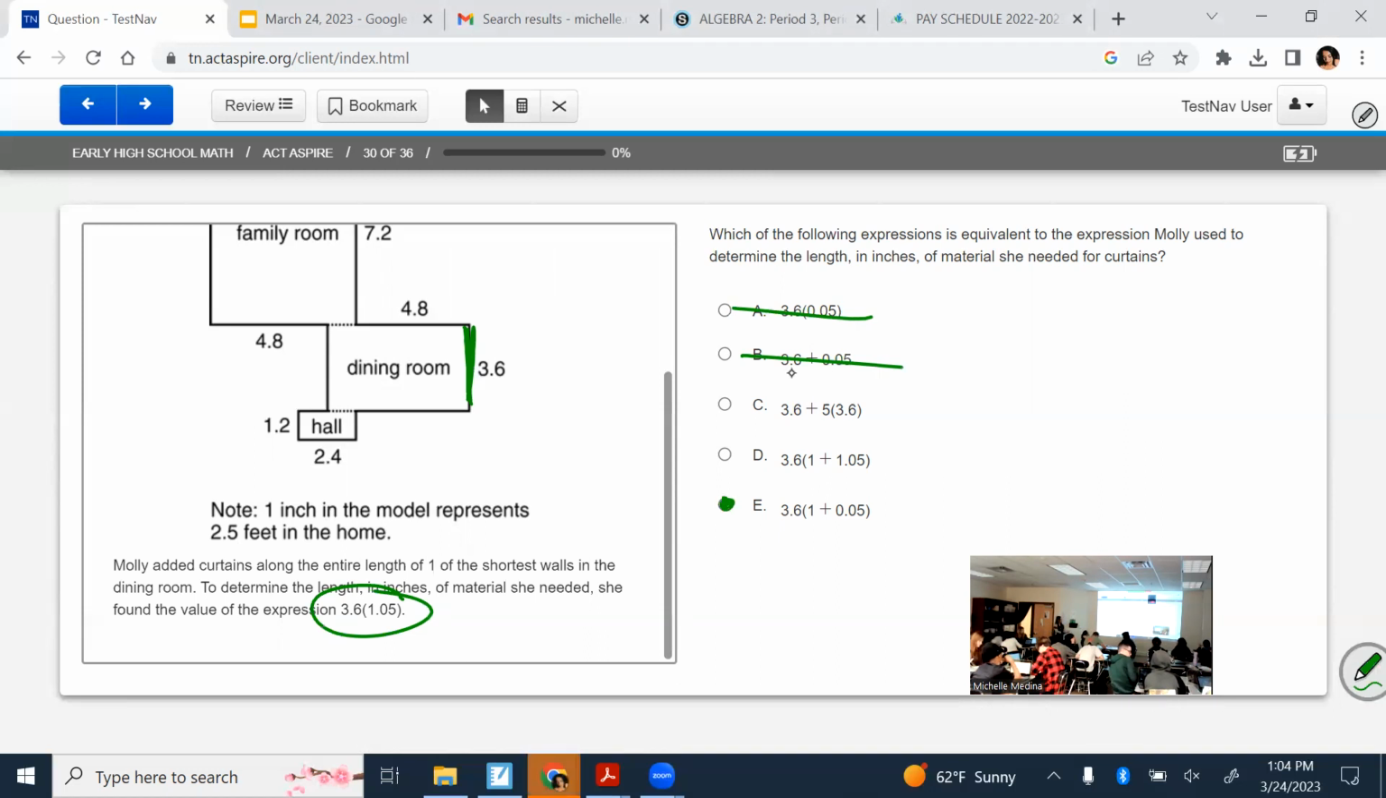Okay. Because it kind of reminds me of growth formula, like when we did those, where the parentheses could be 1 plus whatever the rate was. That's what it reminds me of. Because 1 plus 0.05 is what? Which matches what's over here. And the 3.6 is already there to begin with. So you're just picking which one's equivalent to what she did, and what she did is in